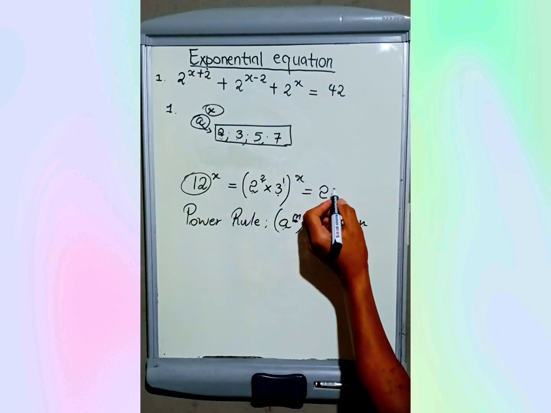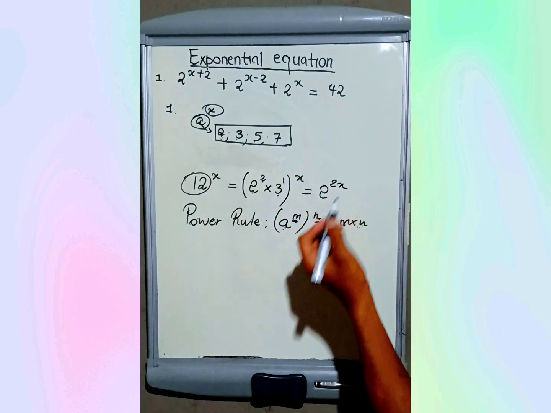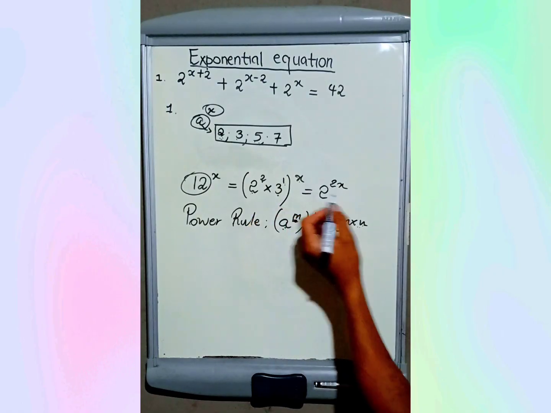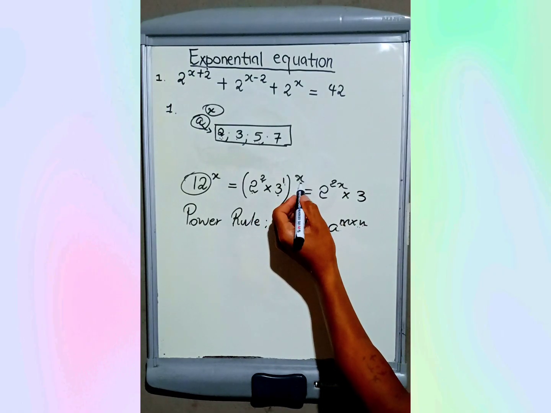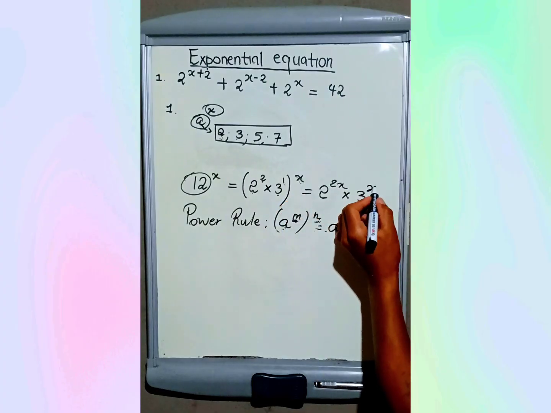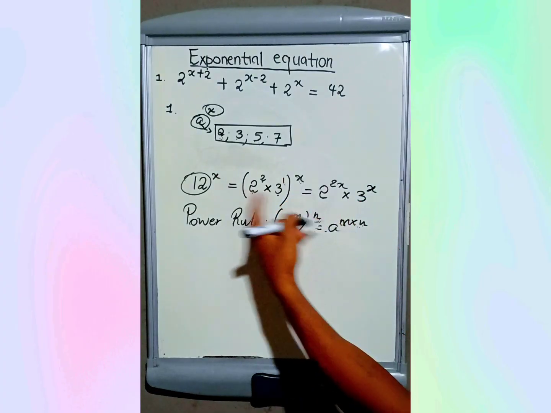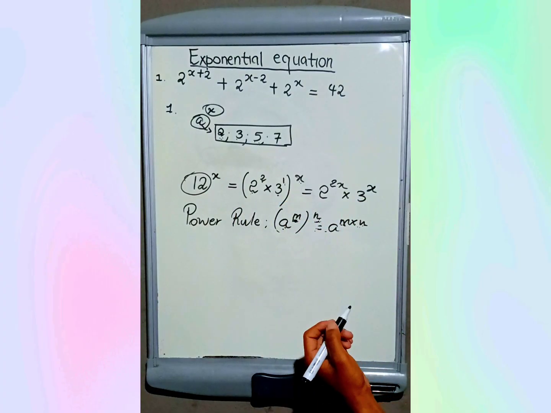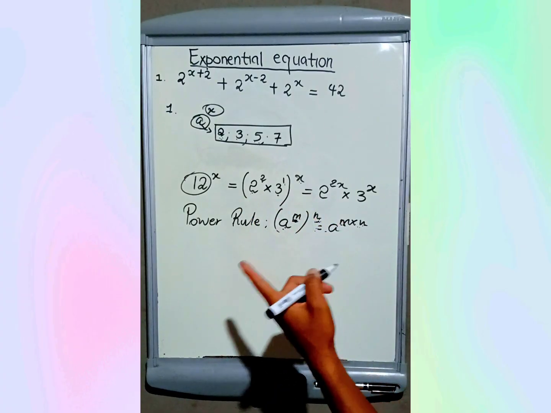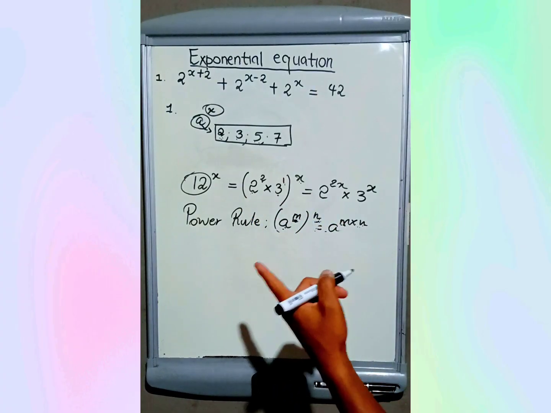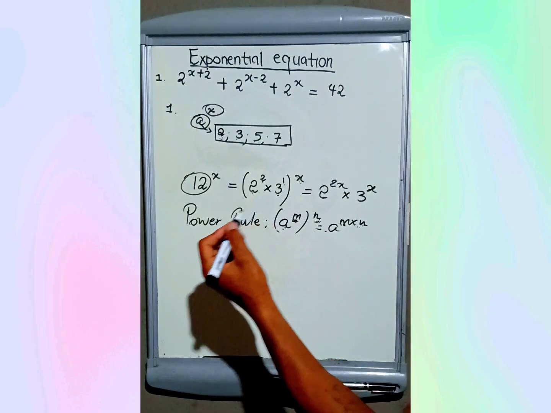2 times x is equal to what? 2x. Do you see that? Then times 3. 1 times x is equal to what? x. Do you see that? Then now we are done simplifying the power rule. Therefore, the rule says that if a base